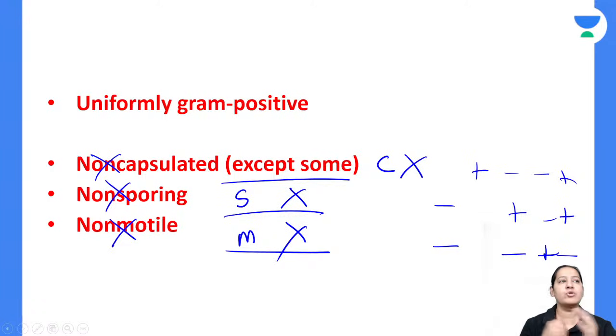Now what is my advice to you? Once and for all, take this advice. Life will become easy for you. Bacteriology will become super simple for you. I will give you three mnemonics. One is for capsule: out of the 40 bacteria, I will give you a list of bacteria which are capsulated, and the remaining are non-capsulated. I will give you a list of bacteria which are spore forming, and the remaining are non-spore forming. And I will give you a list of bacteria which are motile, and the remaining are non-motile. Learn the three mnemonics.